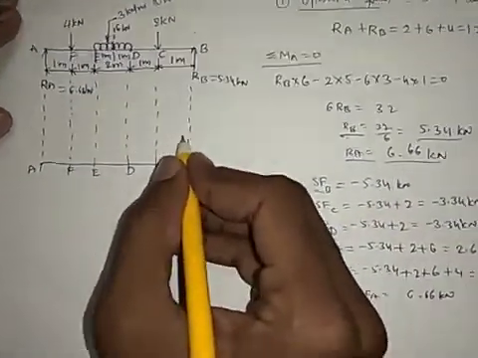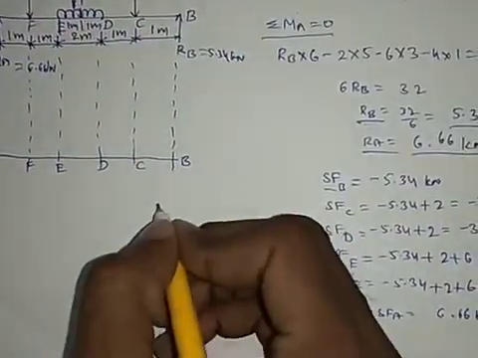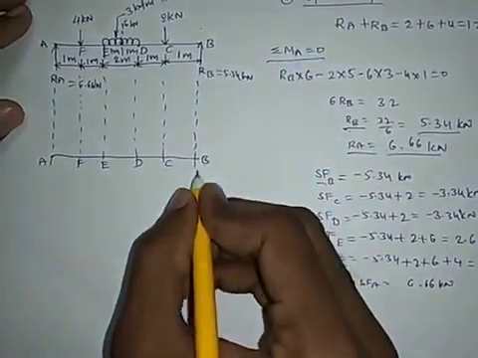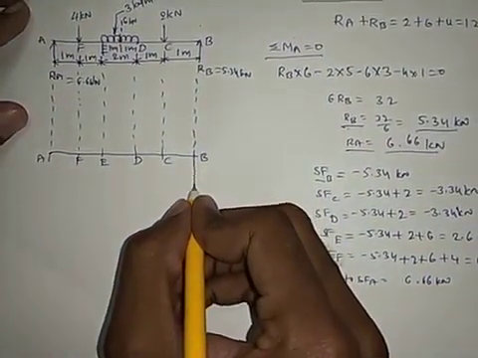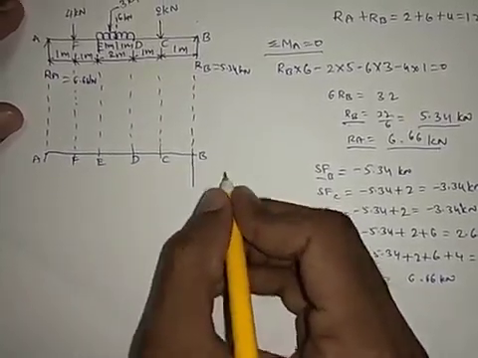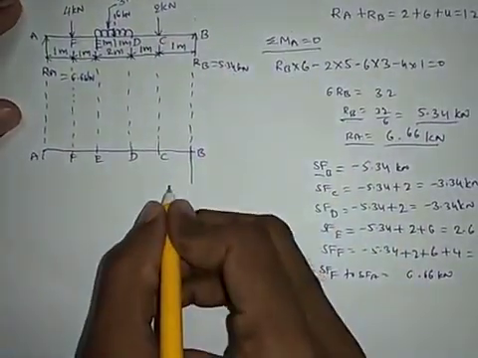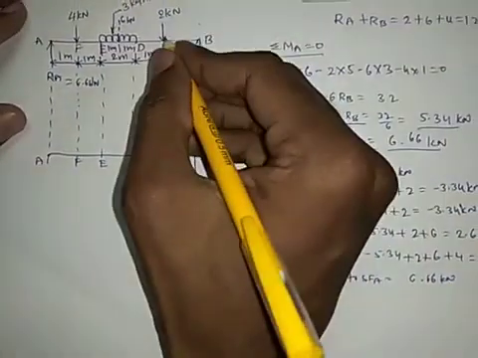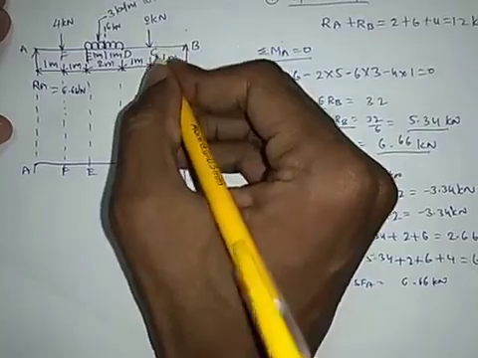So let us take positive value upside, negative value downside. 5.34, and it is a point load, a sudden load. So indicate with a vertical line, and let us take some scale. Some 5 means like this, 5.34. And from B to C there is no force, so this continues as a horizontal line. And at C, a sudden point load of 2 kilonewtons is acting.